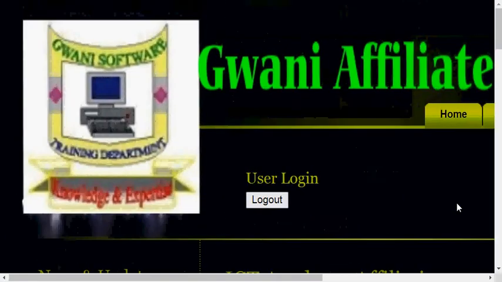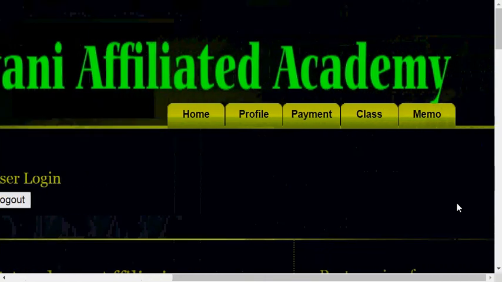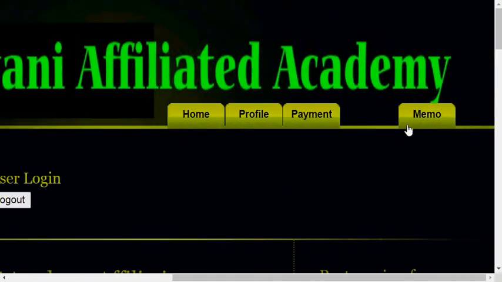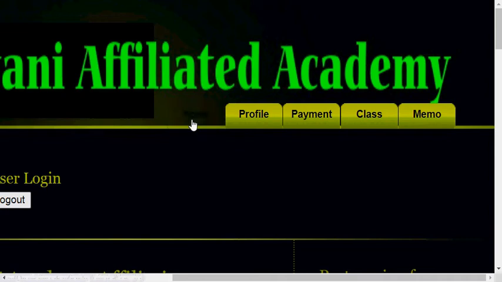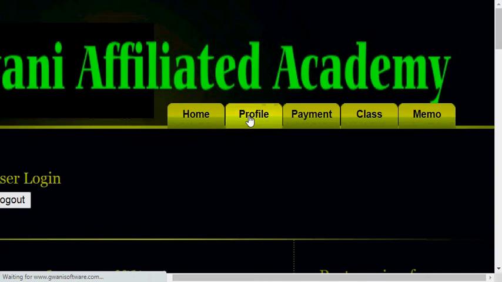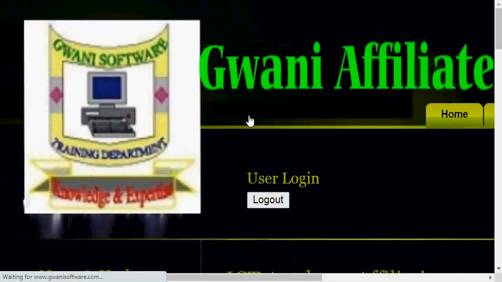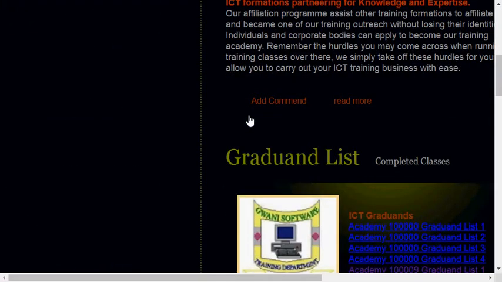Right now I'm inside the academy account, and I can use this menu. This menu on the top can only be used after you have actually logged in. So I can click on home. This is the particular page I am on. I can click on profile to go to the profile of this particular academy. I'm in the profile of the academy,